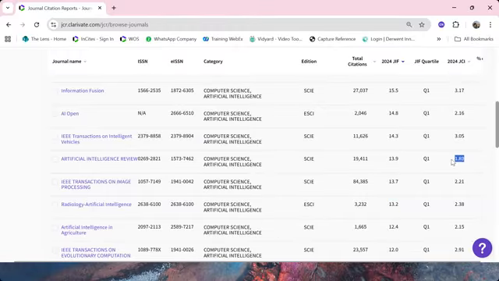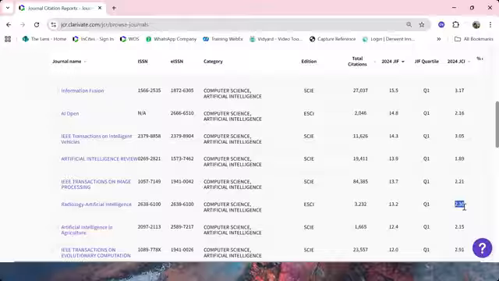But if you take a look at the JCI, Artificial Intelligence Review has a smaller JCI compared to Radiology: Artificial Intelligence. Okay, so if all else is the same, okay, content, aims and scopes are the same, I would probably select the one that has a higher JCI.